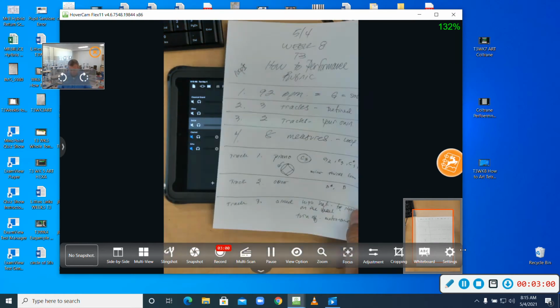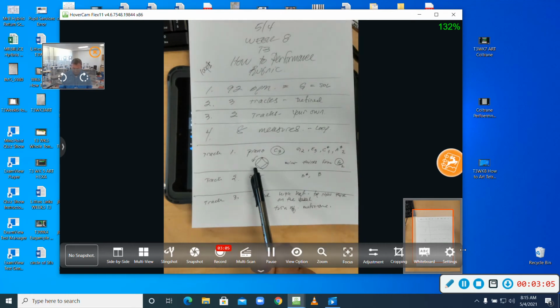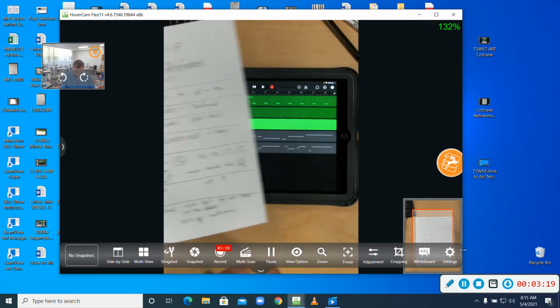As usual, 100 points. Track 1 is going to be defined by this minor third shape starting with G at the top. We're playing a G, E, C sharp, and an A sharp. And then we're going to play our oboe track, which is a D sharp and a B, so a descending pattern again. We're doing the same triangular pattern,